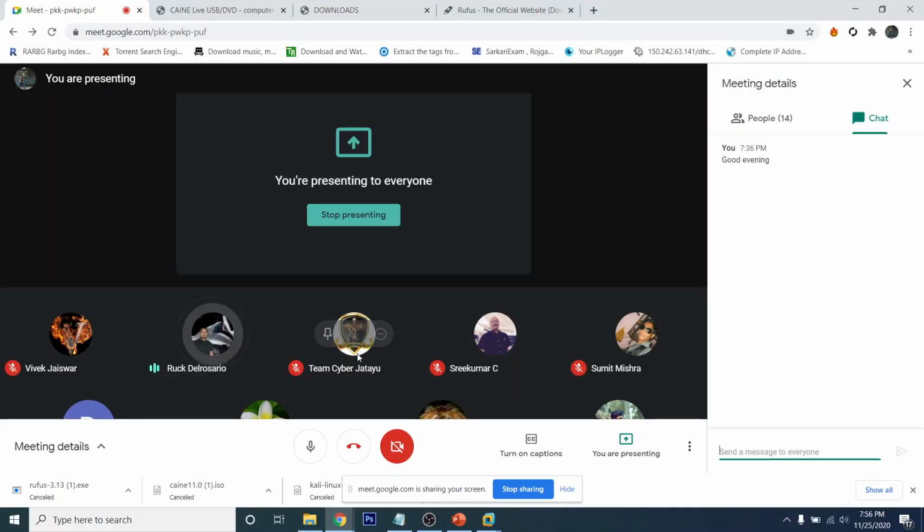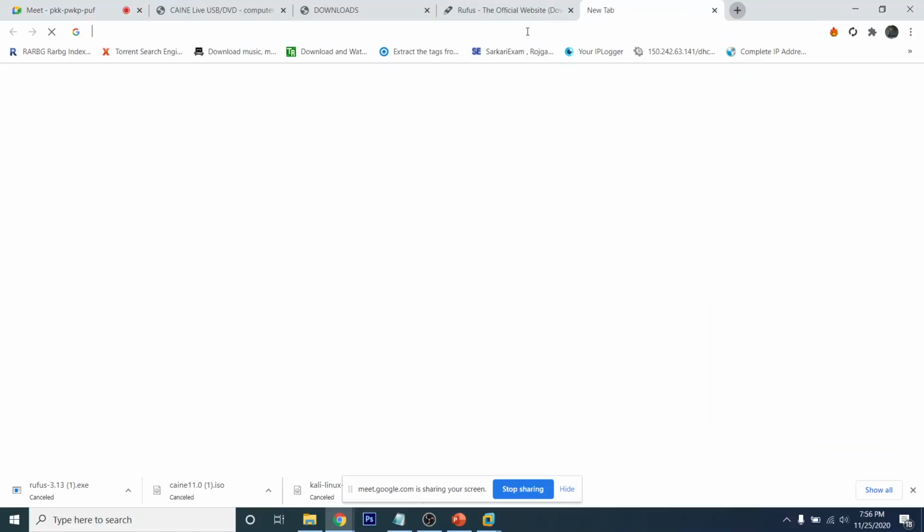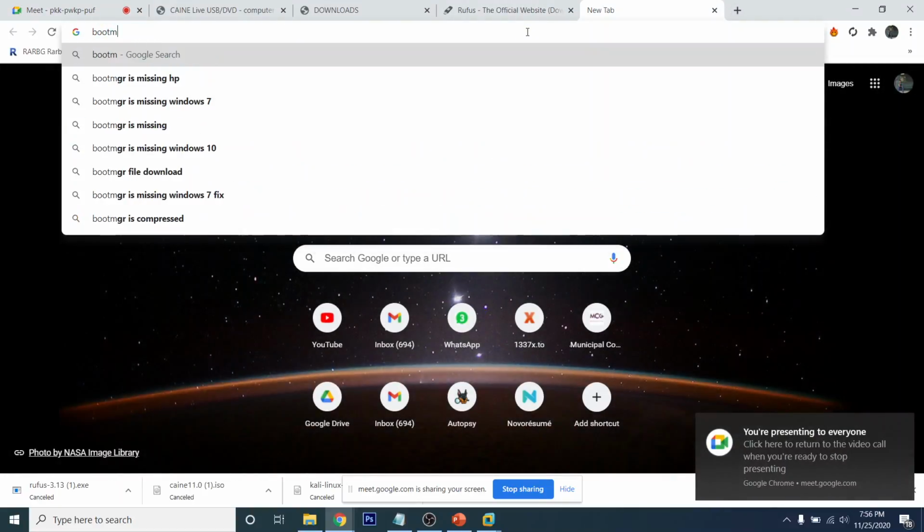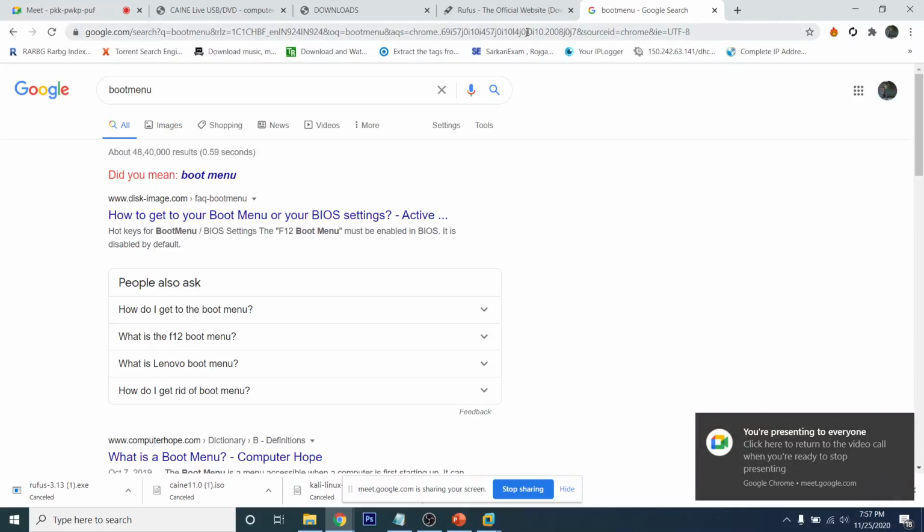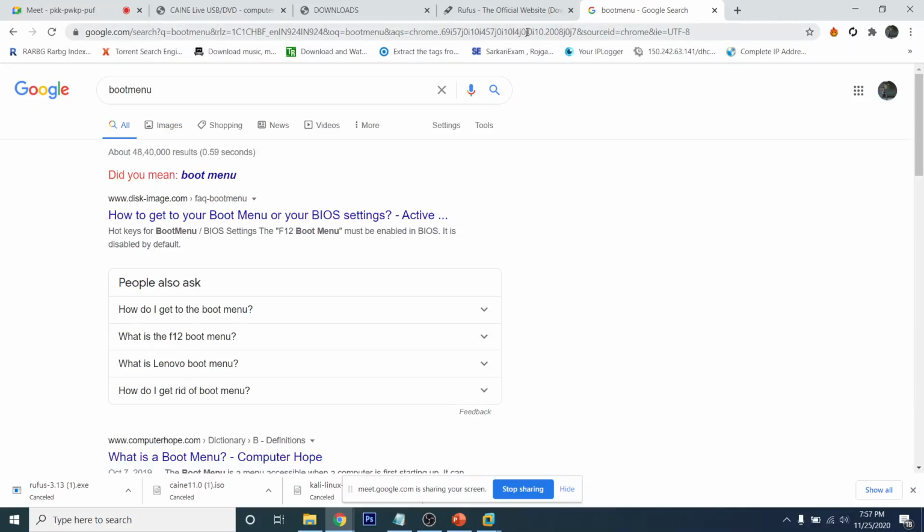But how will you boot the bootable from the drive? You also need physical memory, right? No, no, no. What will happen is